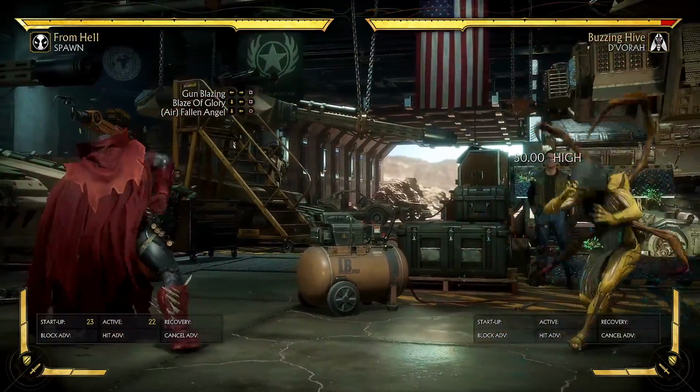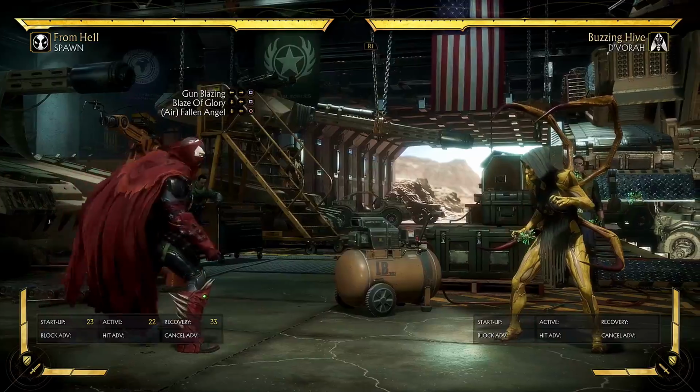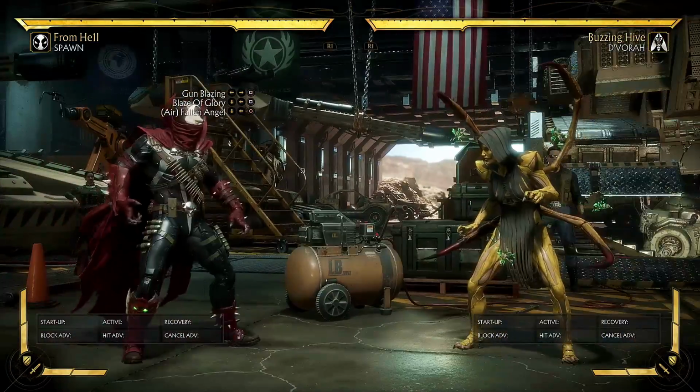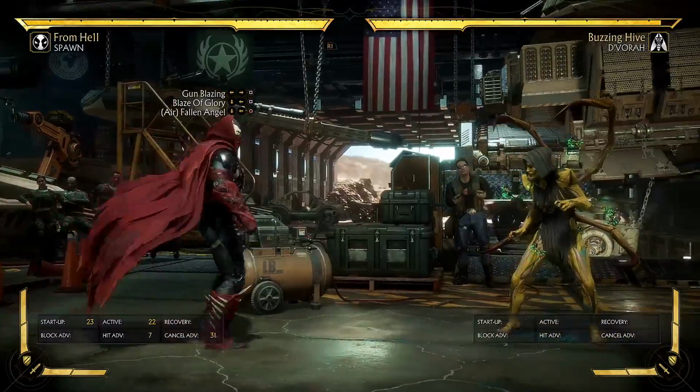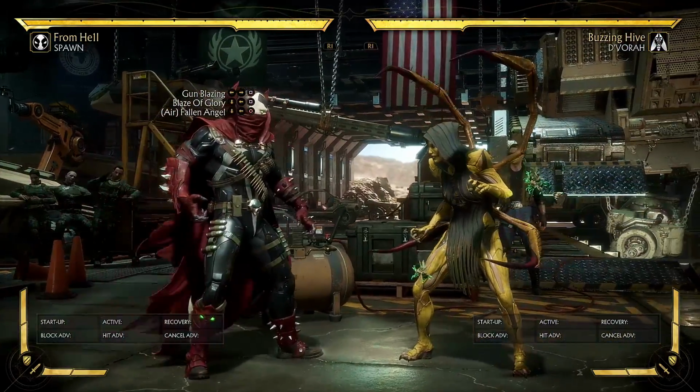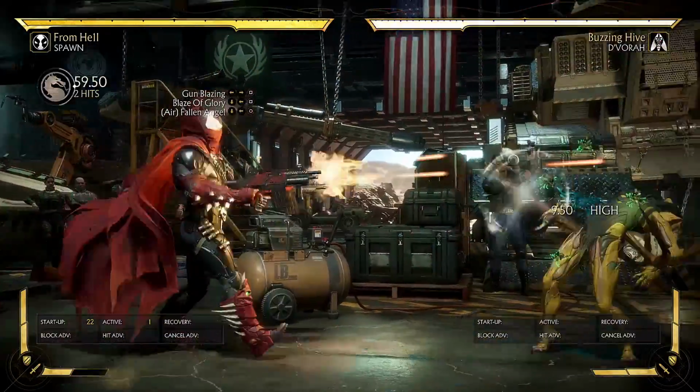Now this thing scares me because not only is it an anti-air that's pretty much a full screen anti-air that covers all of the air, but that first hit can actually clip the opponent's head. So it's an anti-air that hits the opponent when they're not jumping. That's pretty crazy. Now of course they can duck it, but still, that's pretty intense, and you can also amplify